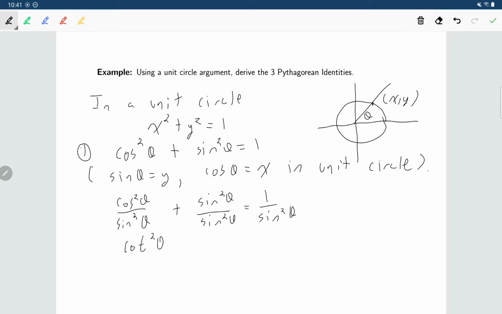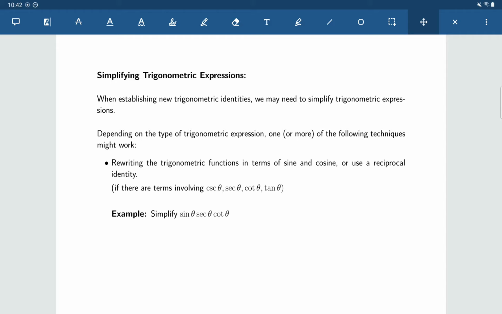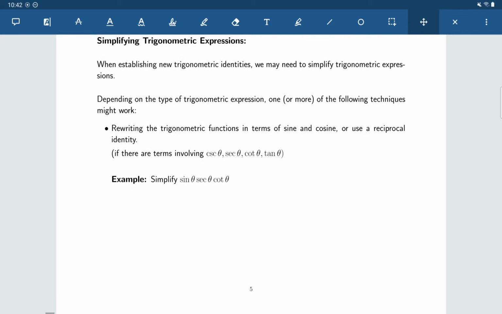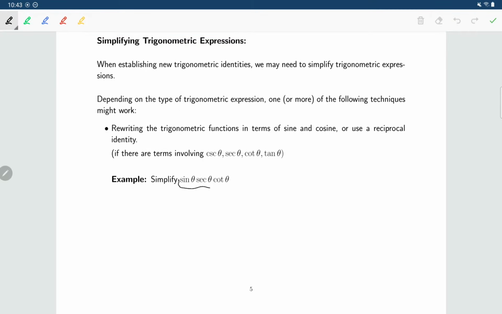Okay, so when we're simplifying trigonometric expressions, there's a bunch of different things that we could do depending on what the expression looks like. So basically what we're doing is using the identities that we already know to help simplify these expressions. Some things that we might do could include rewriting things in terms of sines and cosines or using our reciprocal identities. So for something like this, where we have sine times secant times cotangent, I might decide to start off by saying, well, I know that secant is the same thing as the reciprocal of